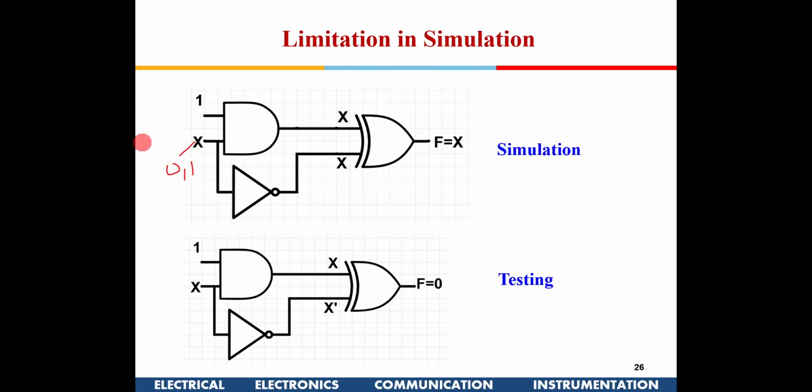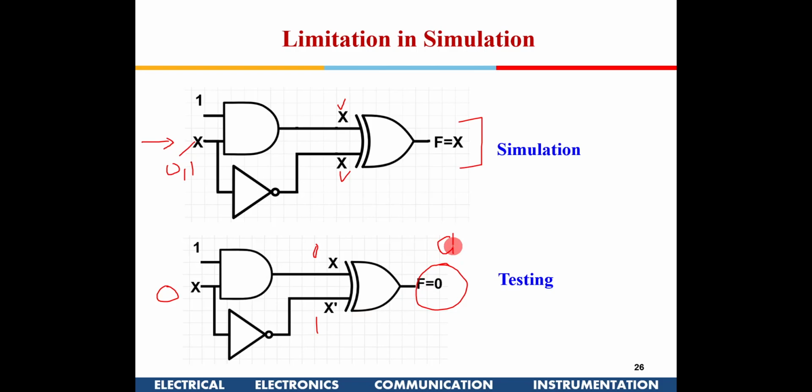Suppose X is coming from a previous circuit out here. When I do a simulation, this will give me X here, and this will give me an X here, and the simulator will say the output is 1. But if I'm practically doing post fabrication testing in a circuit like this, I can say F will always be 0, because if it is a 0 coming here, for example, I'll have a 0 here, 1 here, this will give me 1, this will give me